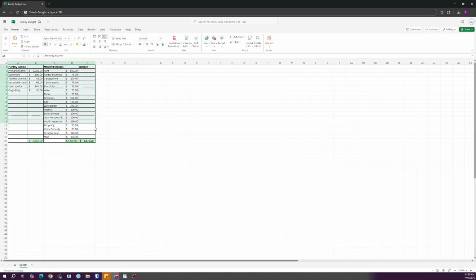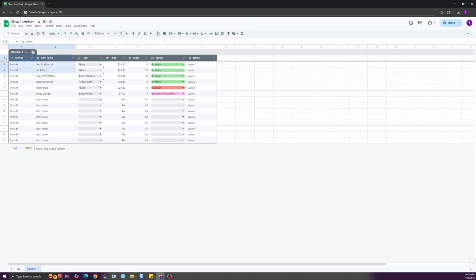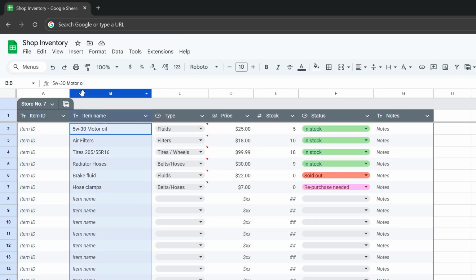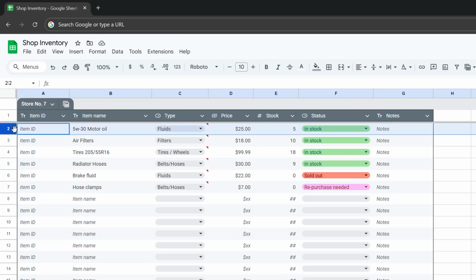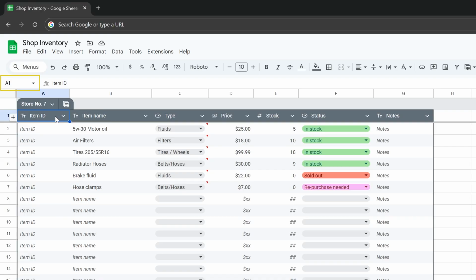Now, let's talk about one of the most important parts of the spreadsheet, the worksheet area. Both programs use a grid system. Columns are labeled with letters, rows are numbered, and the cell is where a column and row meet. And that's where you enter your data. Each cell has an address, like A1 or C5, and both programs also include a formula bar where you can view or enter data in a specific cell.